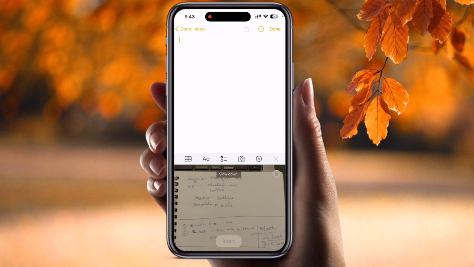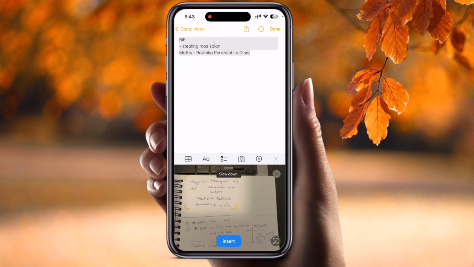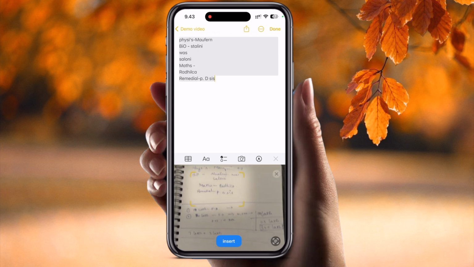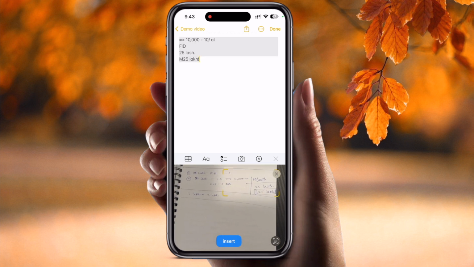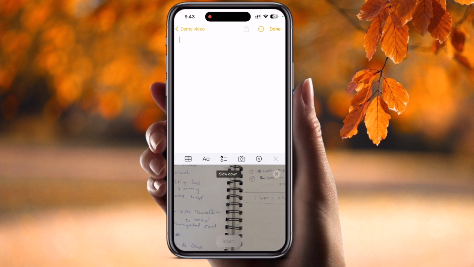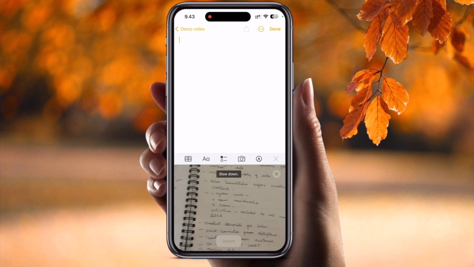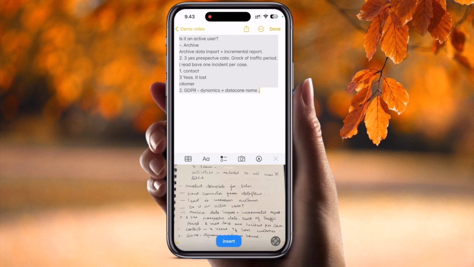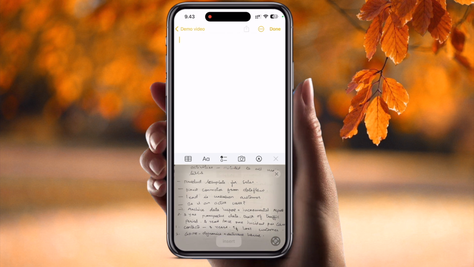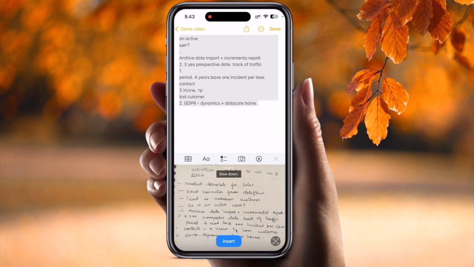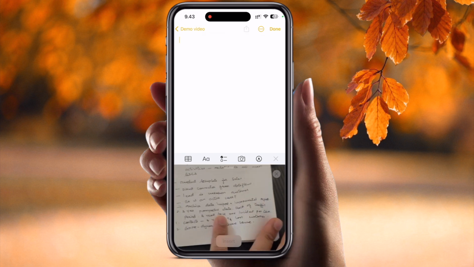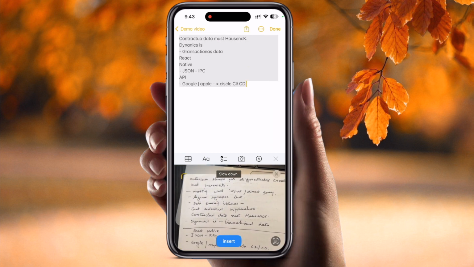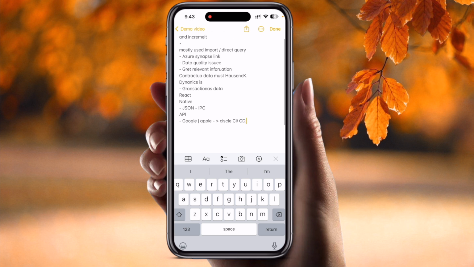So look at this, the particular text is scanned, and this particular screen is showing which types of text you are scanning, which types of documents you want to scan. You can use this like this, paragraph by paragraph. Even the paragraphs are coming with the specific number points, whichever data you already wrote, all the information is coming here. And look at this, I just simply scan this paragraph, insert, and boom, look at this here,